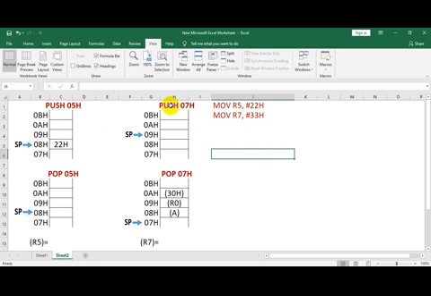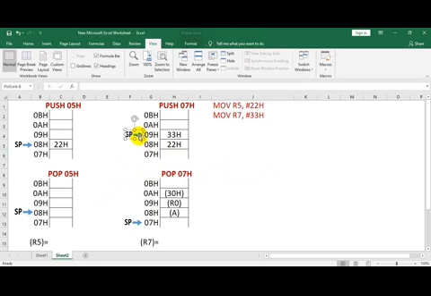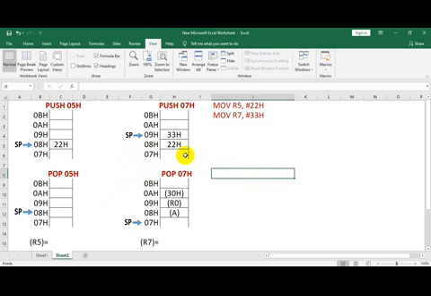Then when I execute push 07H, the stack pointer will be incremented by 1 and the contents of R7, that is 33H, will be stored in 09H. This 22H will remain as it is. Now, since I have to exchange, what was the last push operation I did?